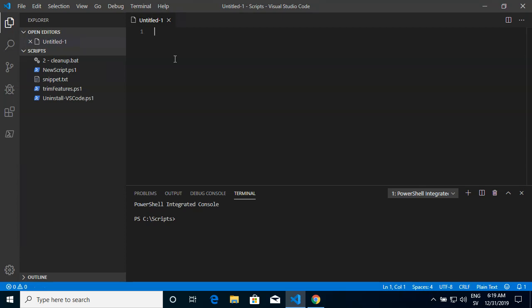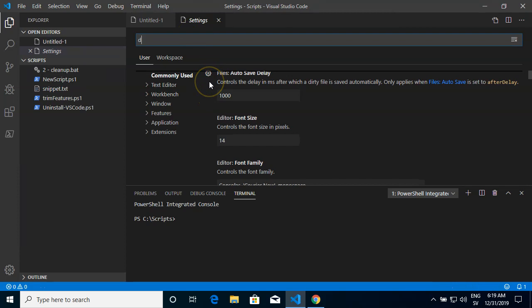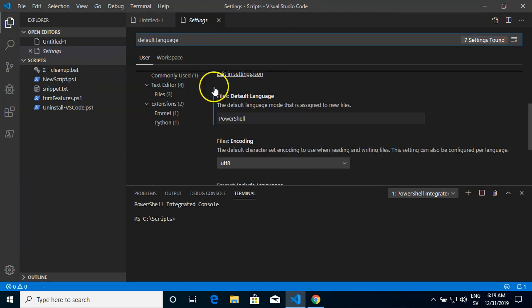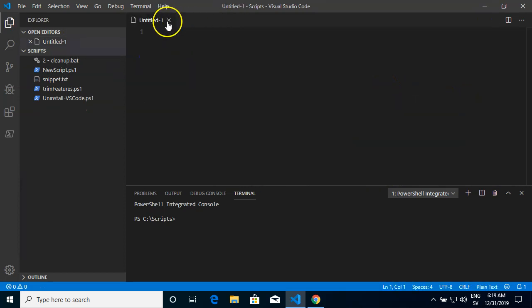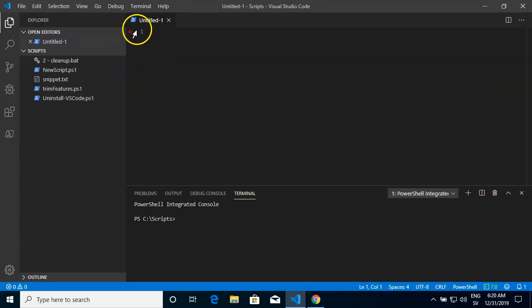But if we go back with Shift Control P, and here we have our recently used one, so go in here to default language. And if we change this to lowercase and save and close and new file, and now you can see on the icon it's PowerShell